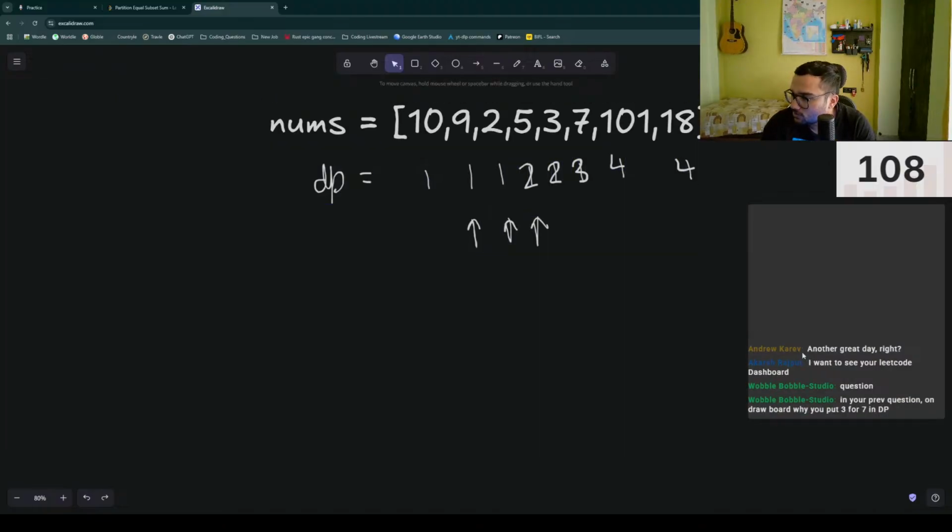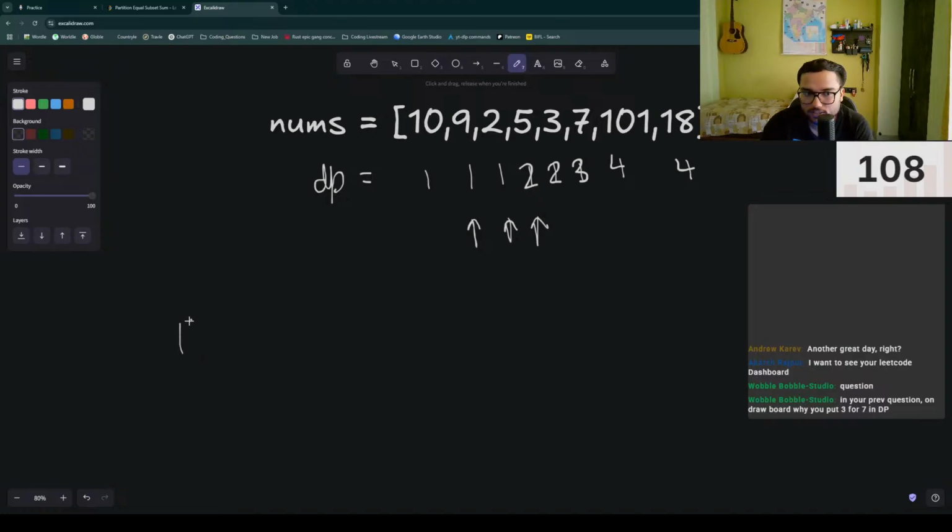In your previous question on the draw board, why did you put 3 for 7 in DP? Because it is 1 plus, because we are increasing, I mean, the length of the subsequence increases by 1, right? So initially all of them were 1. Means 10 standalone is a longest increasing subsequence of length 1. But when we encounter 5 and we see that 5 is greater than 2, we say the longest increasing subsequence till 5 is of length 2, which is 2 and 5,